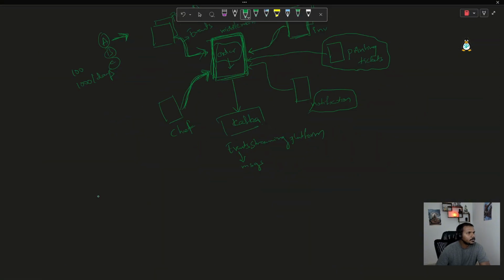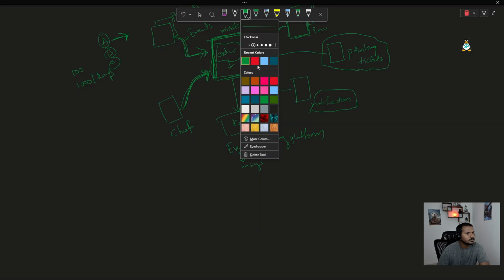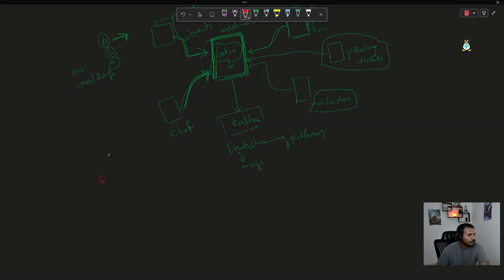The very first thing is the scalability. So here, the biggest advantage with Kafka is the scalability. Let's say this current system is handling 100 events per day. But if requests are hitting like 1,000 per day, then this is more like 10 times extra, right? So now I have to